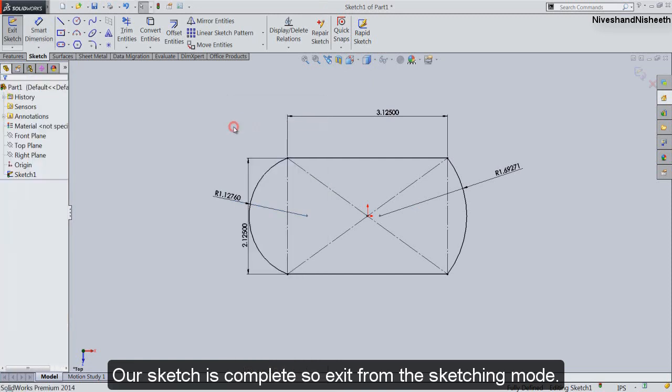Our sketch is complete, so exit from the sketching mode.